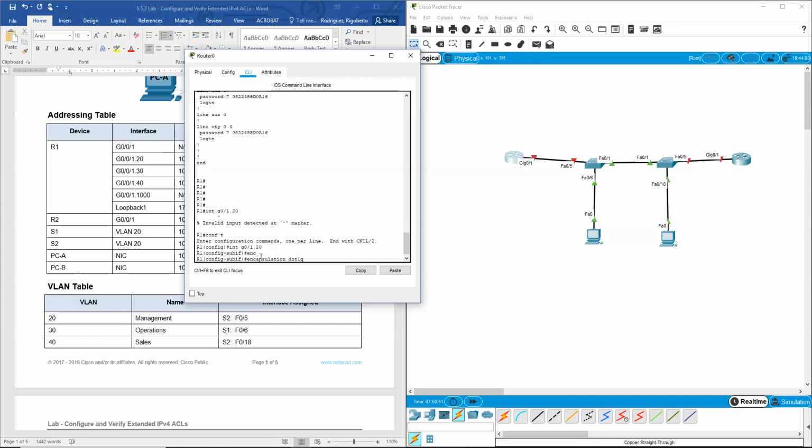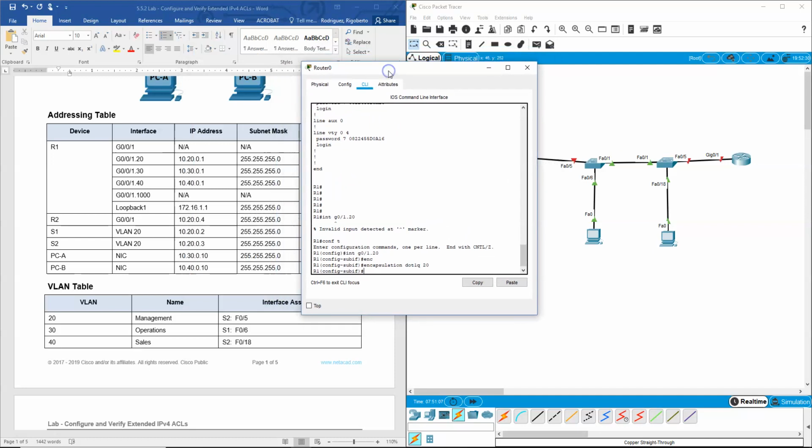dot1Q, and then the VLAN that's going to be communicating across this sub interface, which is VLAN 20. We normally number the sub interface to the VLAN that we want to communicate. Keep them the same. Don't confuse yourself. Then the next thing we're going to do is set an IP address like we would on any other interface. So IP address 10.20.0.1, subnet mask 255.255.255.0. Enter. Exit out of that sub interface and go to interface